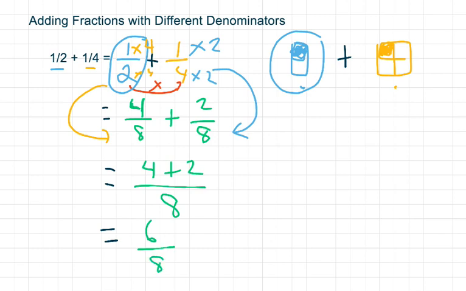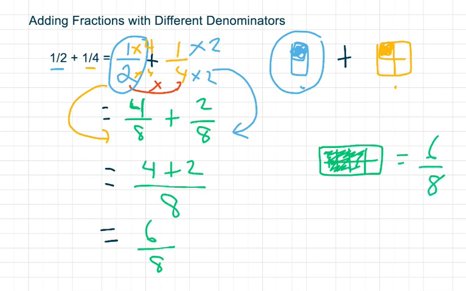Now 6/8 looks totally different than what we had before. We have to make a shape out of 8s. So there's 4, there's 8. So this really becomes 6/8. So these two are colored in, and all of these are colored in. So you have